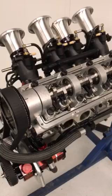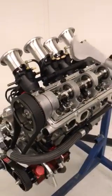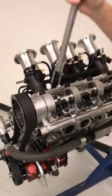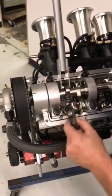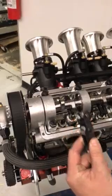To remove the rocker arm, you'll require your supplied rocker arm removal tool. Simply get on the valve retainer and the camshaft, apply some pressure, and the rocker arm will slide right out. To make an adjustment to the valve,